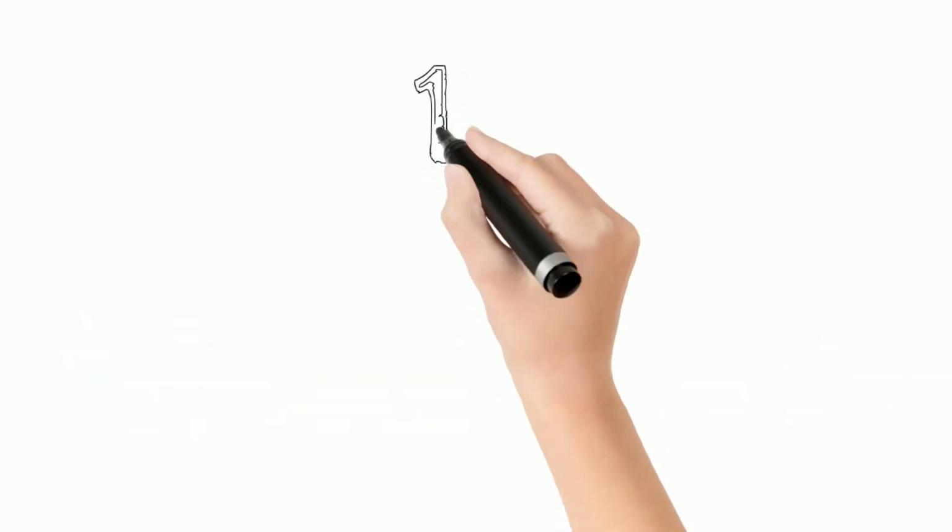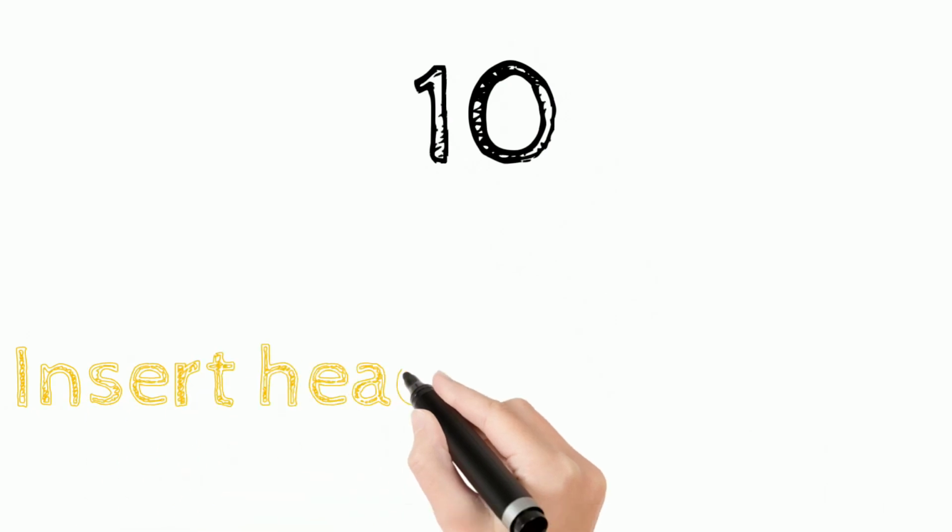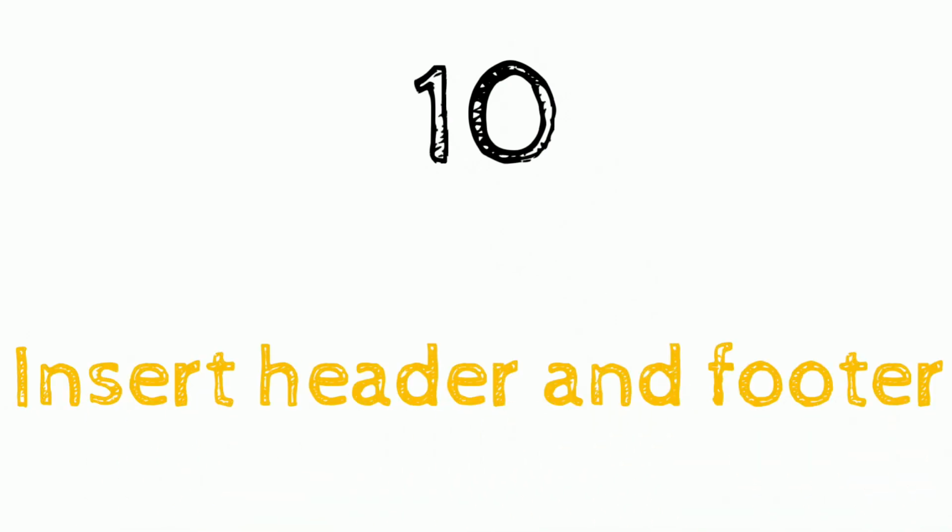The last one is Insert Headers and Footers. As I told you, if you apply for Google AdSense or for any other purpose, and you want to insert something in your header or footer, there are two options. One is to go to the theme editor, open the header and footer, and add it. But if you don't want to change anything in your theme, and you're not sure about it, and it might break your theme, then it's better to use a separate plugin. So you can use this Insert Headers and Footers plugin.